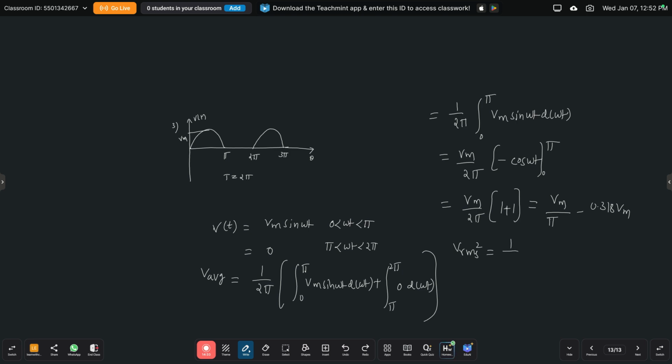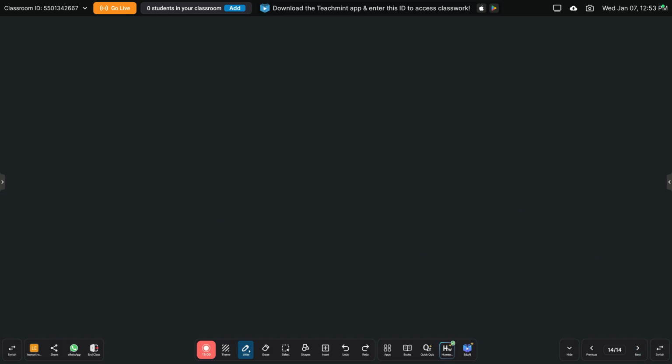So V RMS square is equal to 1 by 2 pi integral 0 to pi Vm square sin square omega t d of omega t, which is equal to Vm square by 2 pi, integral 0 to pi 1 minus cos 2 omega t by 2 d of omega t, which is equal to Vm square by 2 pi